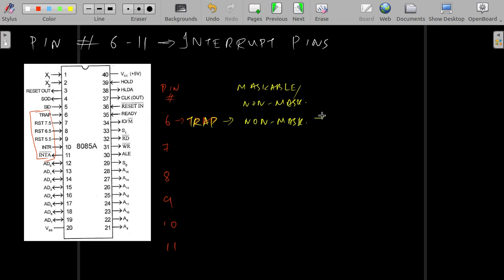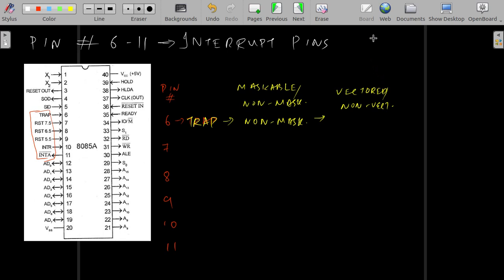The next concept that you should know is the concept of vectored or non-vectored. Again, interrupts come in two fashions when it comes to this concept. Vectored means that a pre-assigned address will be there in the memory to which the processor will jump whenever a certain interrupt is acknowledged and is being executed.